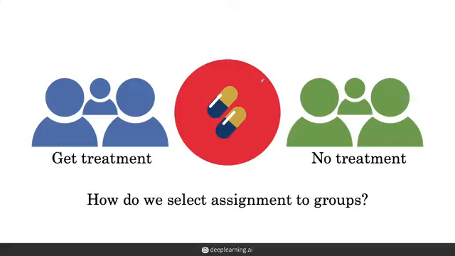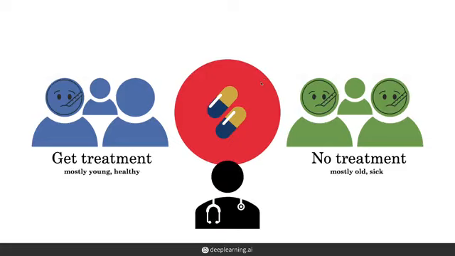The doctor is happy that you found that the treatment produces an absolute risk reduction of 0.03. However, the doctor is worried about how the patients were assigned to the treatment and control groups. For instance, the doctor explains that if the patients who were assigned to the treatment were mostly young and healthy,